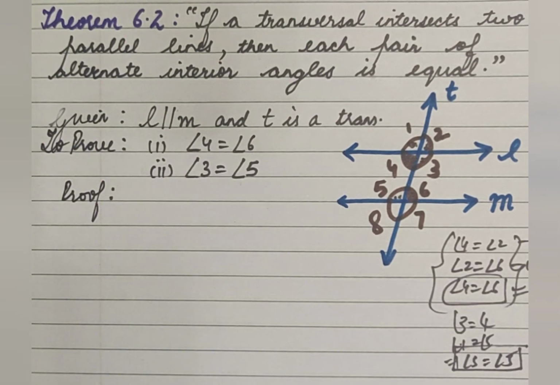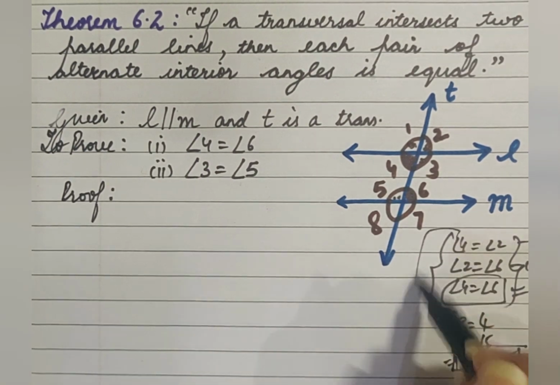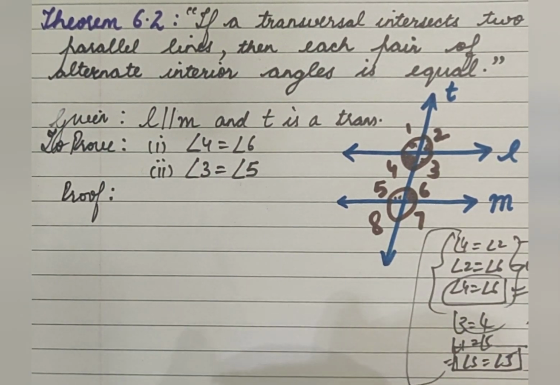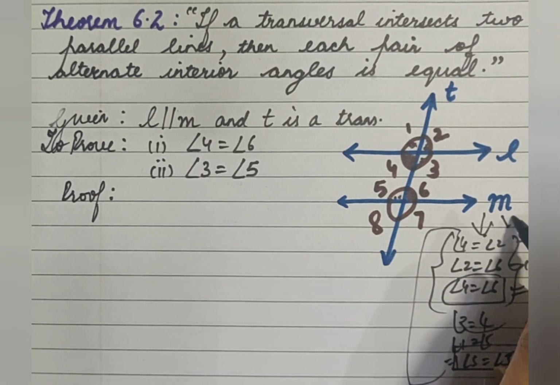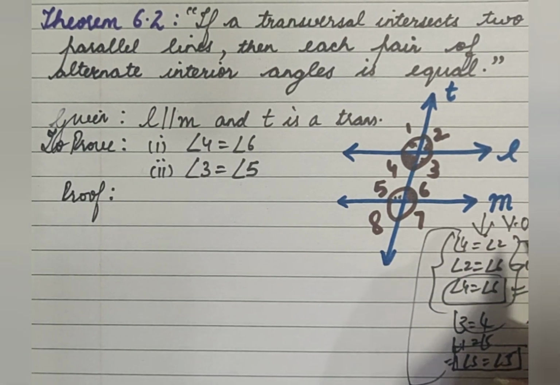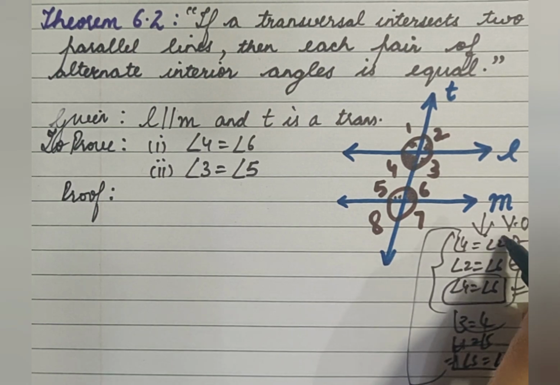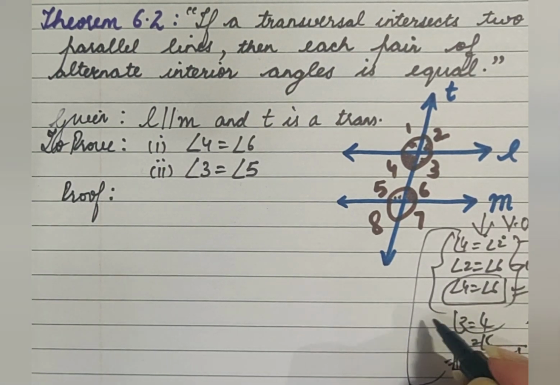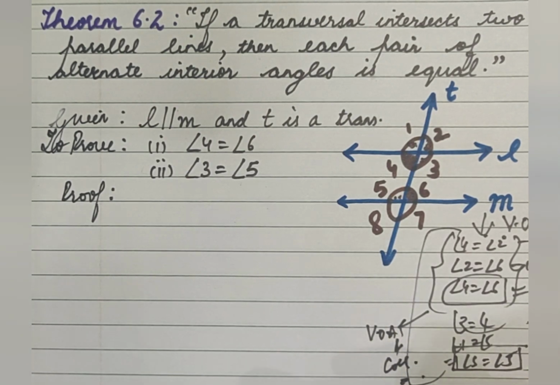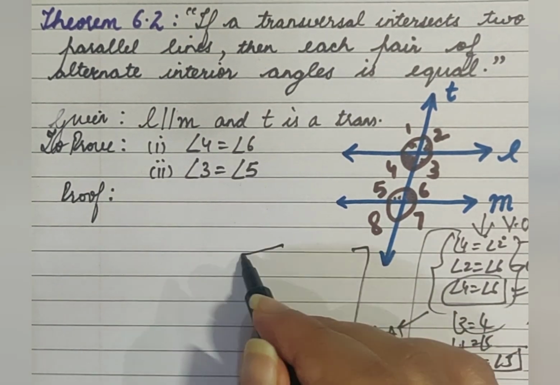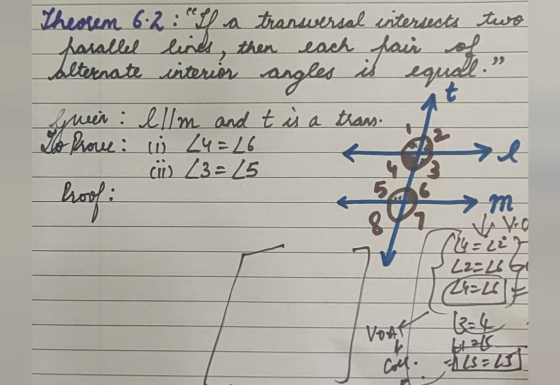It can also be proved using some other method. Let's check if some other method is there. This is one of the ways of proving this. See, in this method what I did, I simply used vertically opposite condition and corresponding conditions. So two conditions are used here, vertically opposite angles and corresponding. Let me see if it can be proved using some other conditions.